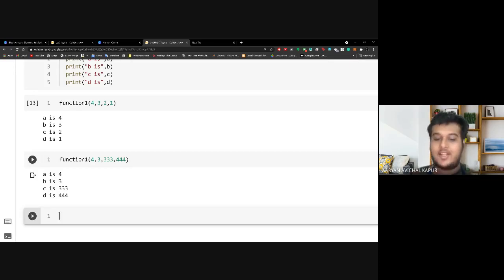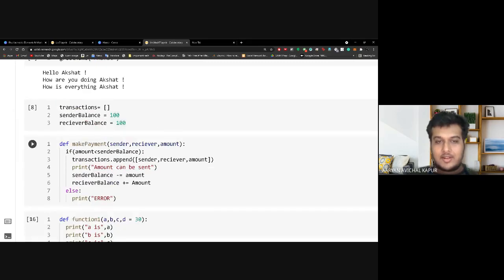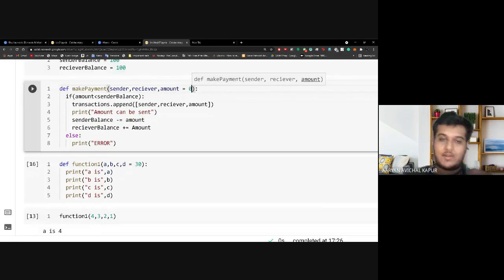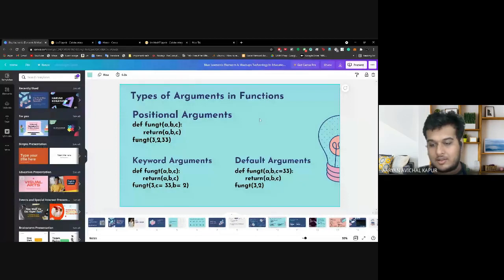So if default keywords have no value, they go to the default values. Does it make sense? So here in amount, I say that if there is no amount specified, we make it 0, right? So if amount is there, then well and good. If not, it becomes 0. Is this clear? Are the types of arguments clear to all of you?